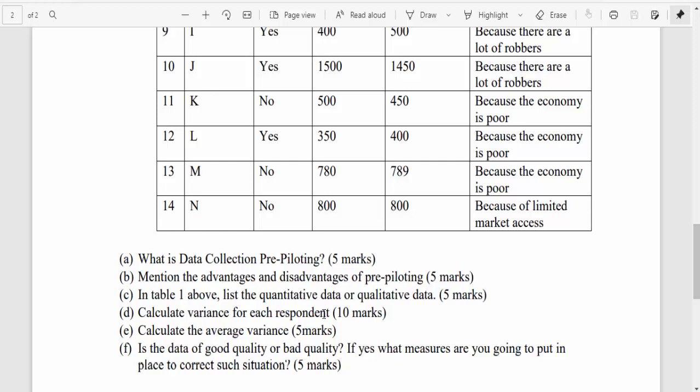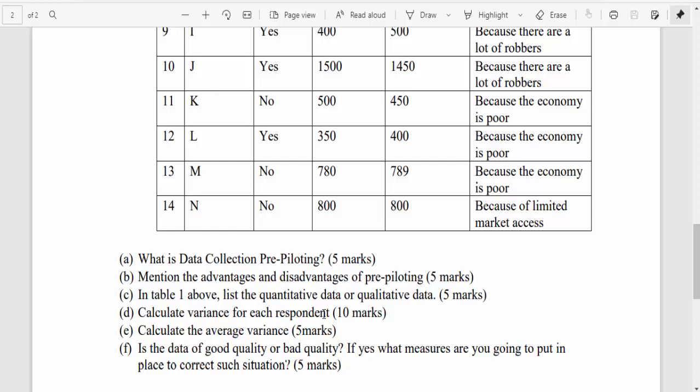Now the qualitative data is that data which is subjective. So I'll give you an example between quantitative and qualitative data. Quantitative data, for example, if you ask me what is my level of income, I'm going to tell you that I earn $5,000 a month. Now, don't think that's actually what I earn. I'll tell you that's not what I'm earning, but I'm just giving you an example.